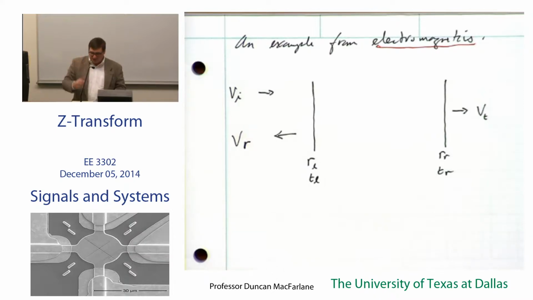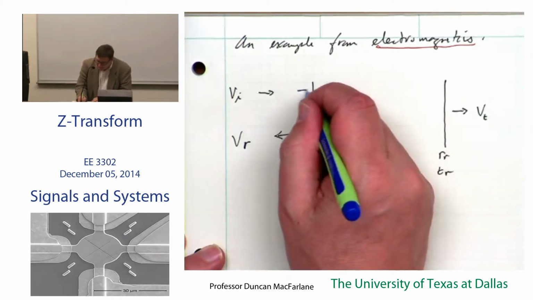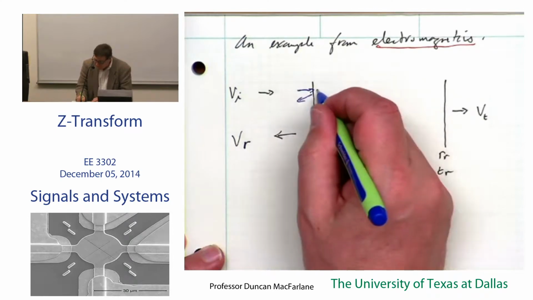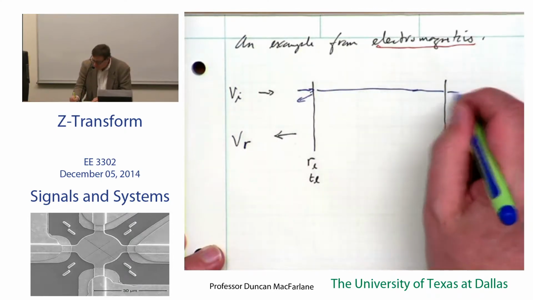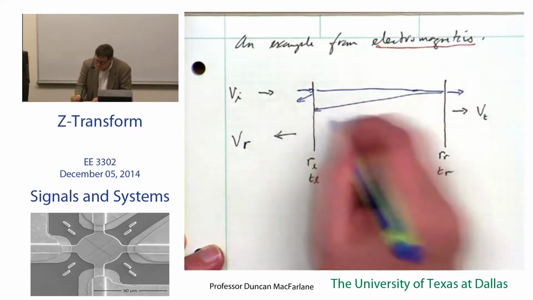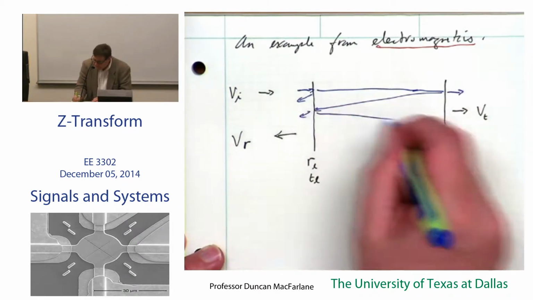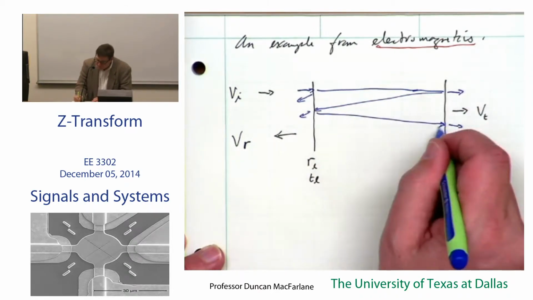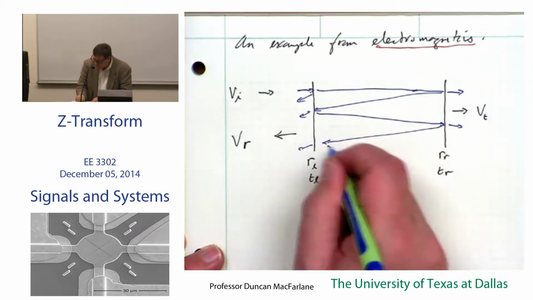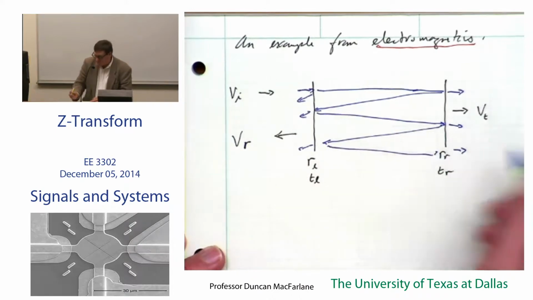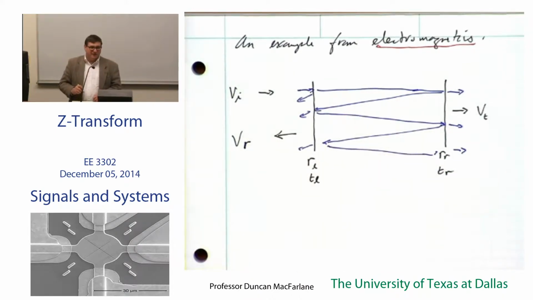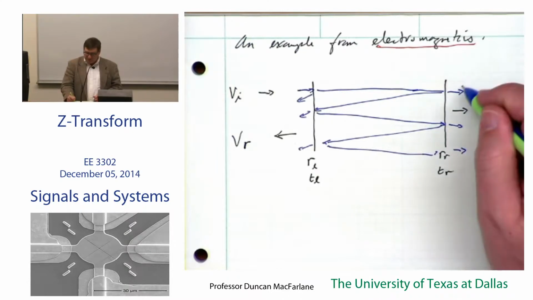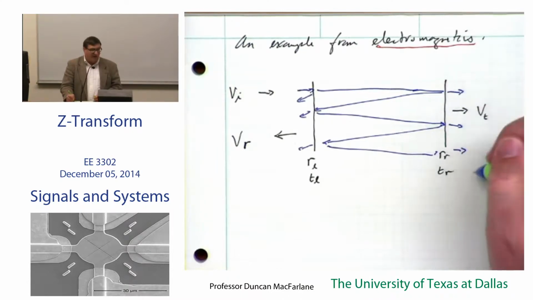And so what happens is if I shine light into this structure, I'm going to have a reflection, transmission, reflection, transmission, reflection, transmission, right? So my output VT is going to be the sum of all of these outputs,